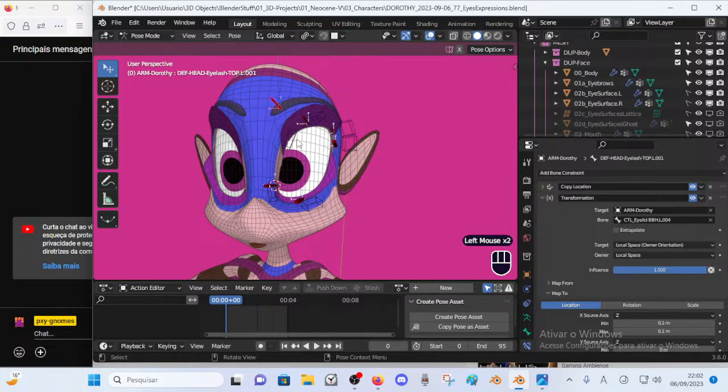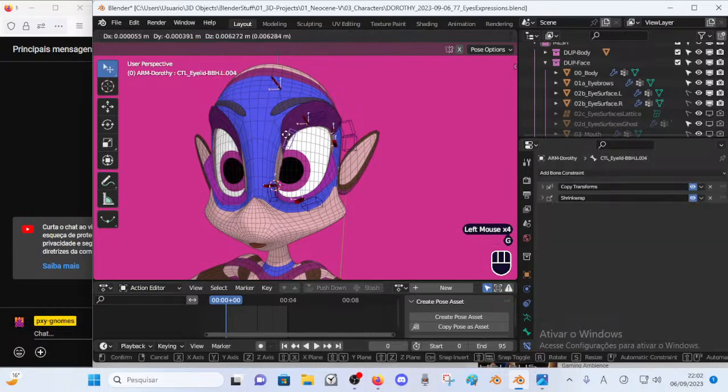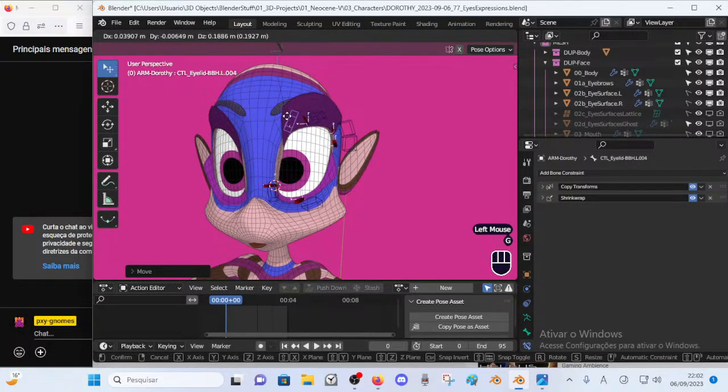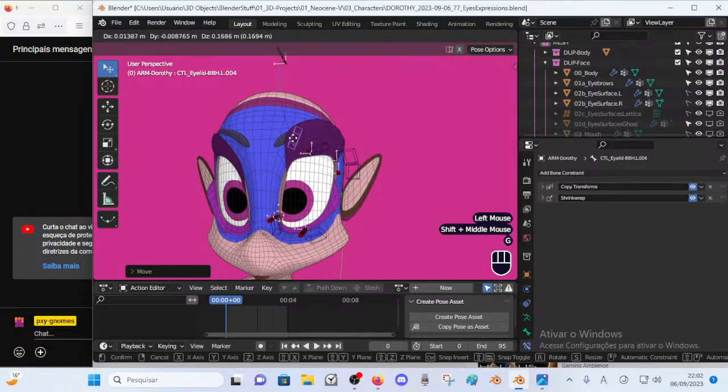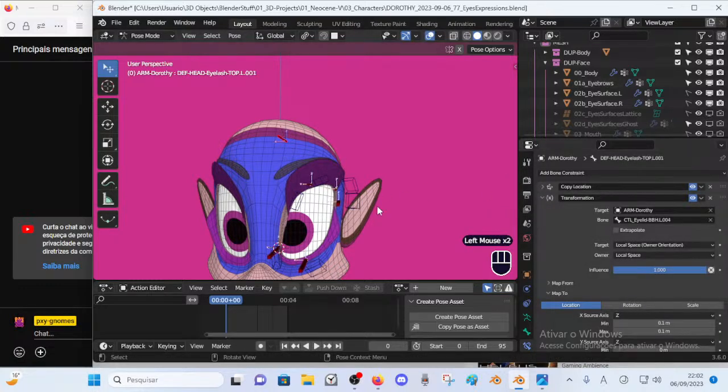And so if I augment the maximum, what we have is that the bone goes upper as we move up. Of course, there is a maximum range. You remember it was somewhere like here. Beyond that, the bone stops going up. Well, it'll still go up because of the copy location, right?